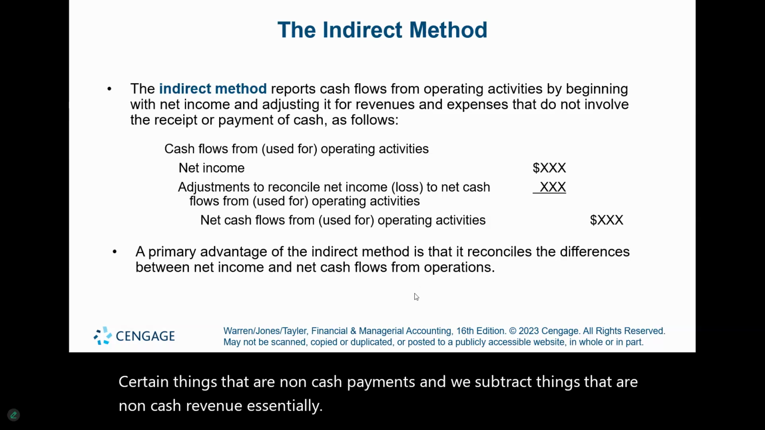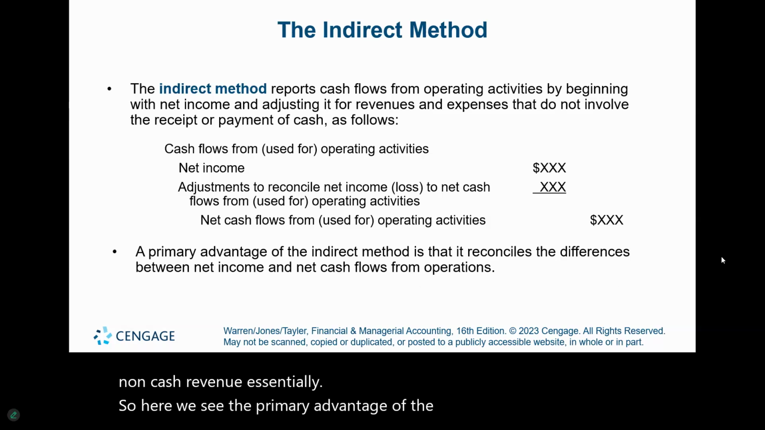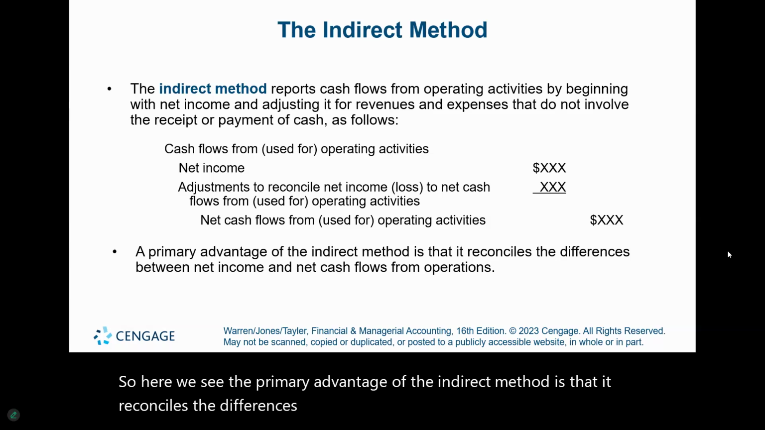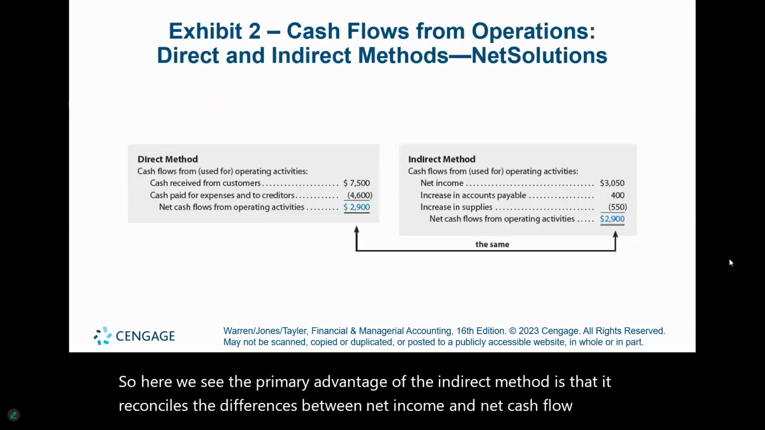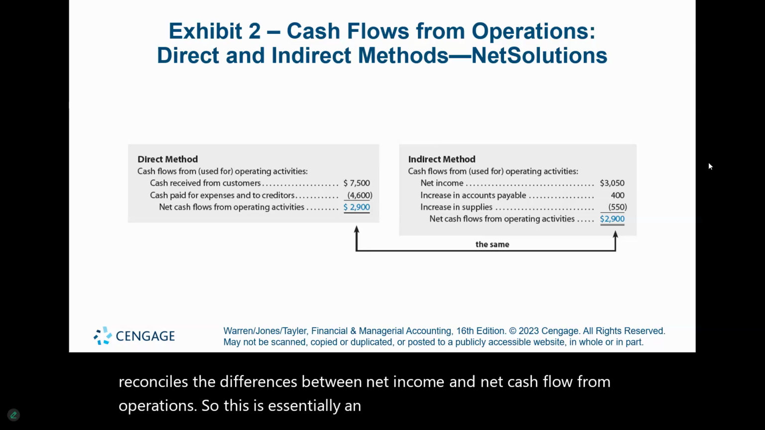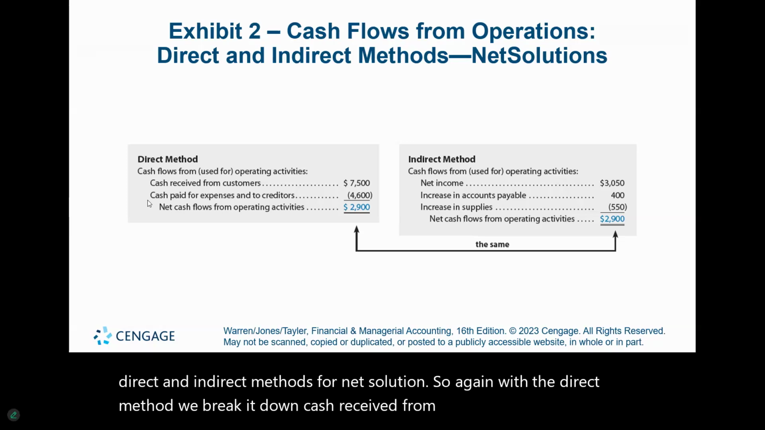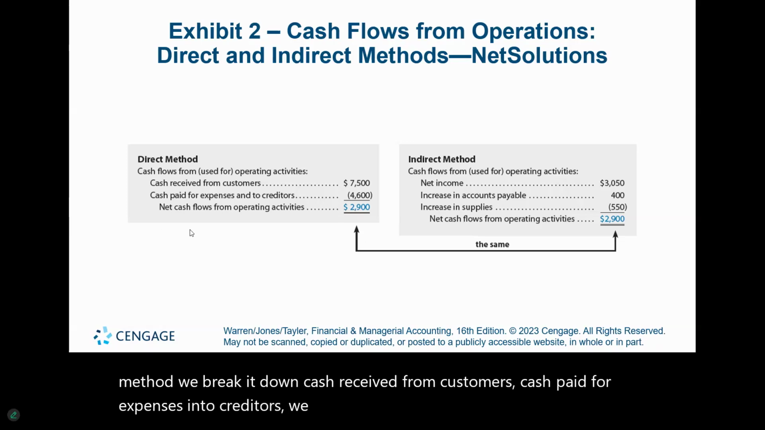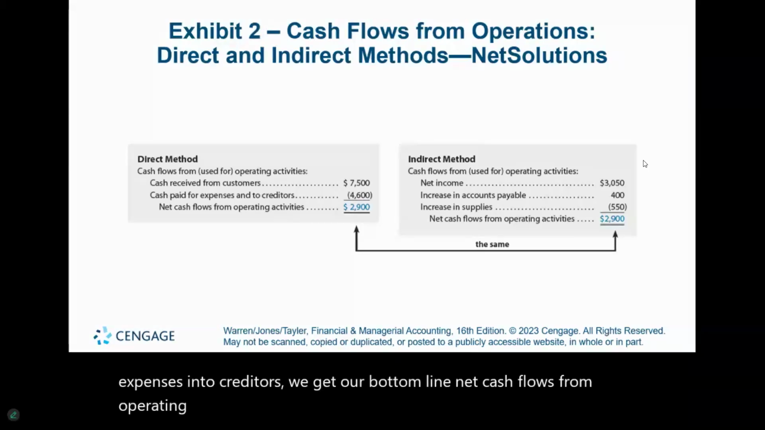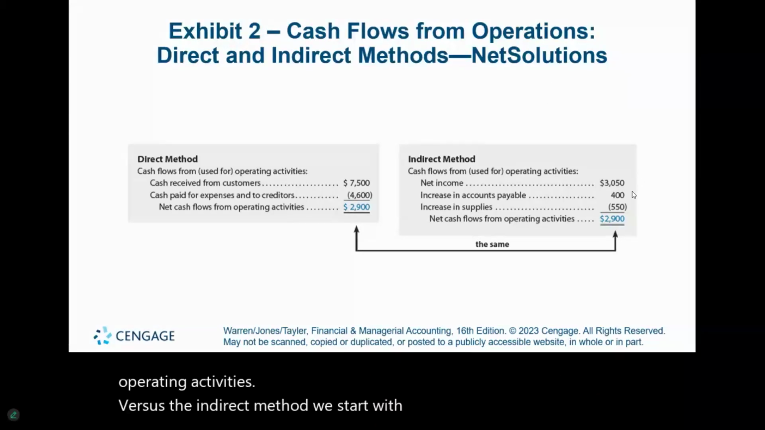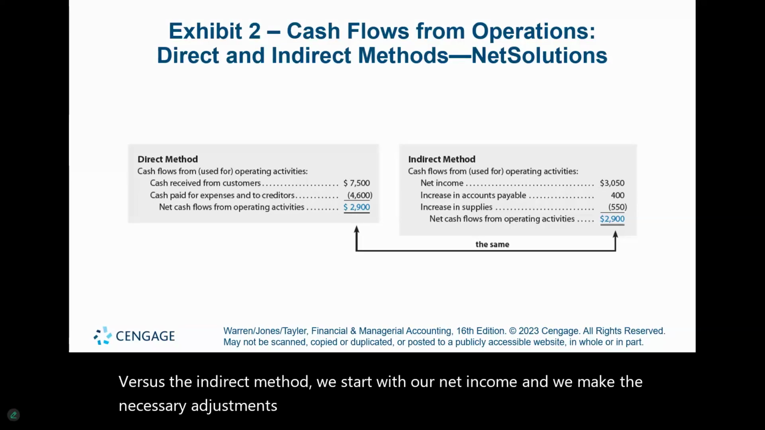Here we see the primary advantage of the indirect method is that it reconciles the differences between net income and net cash flow from operations. This is essentially an exhibit of cash flows from operations, direct and indirect methods. Again, with the direct method, we break it down: cash received from customers, cash paid for expenses and to creditors. We get our bottom line, net cash flows from operating activities. Versus the indirect method, where we start with our net income